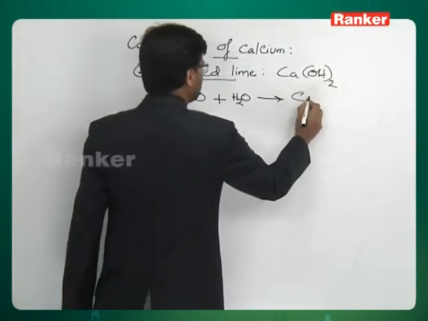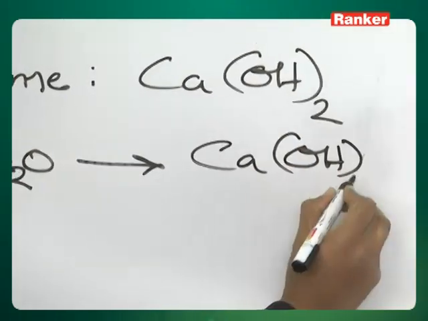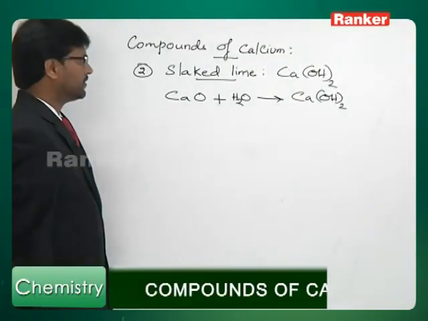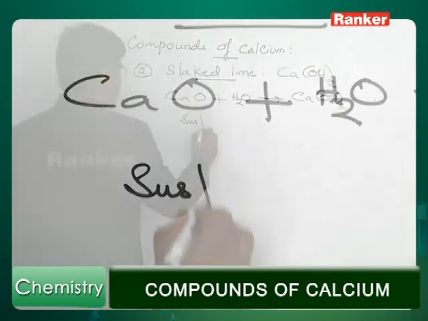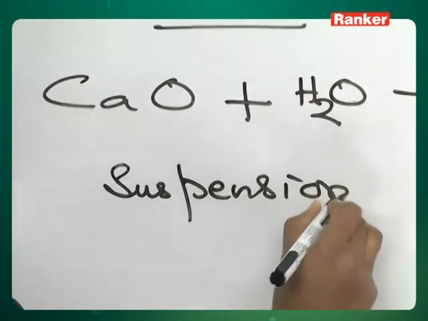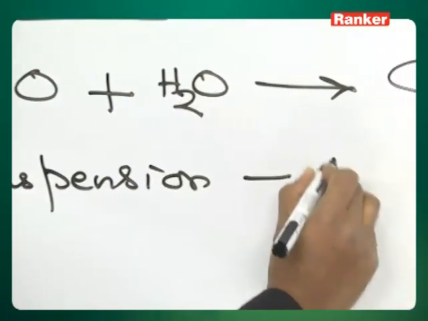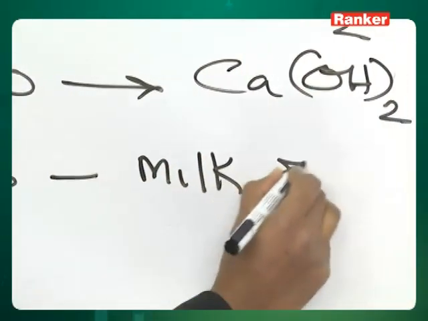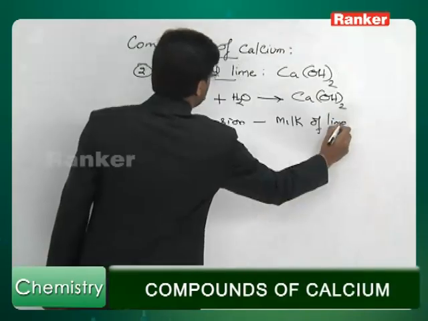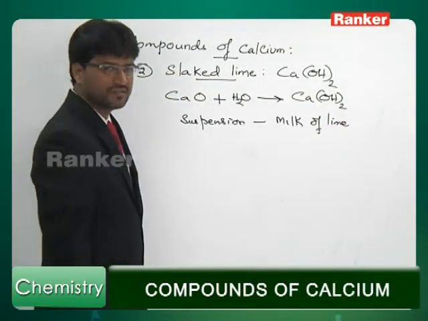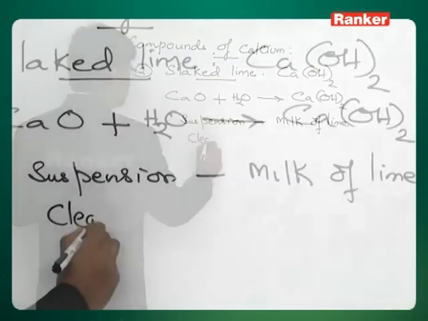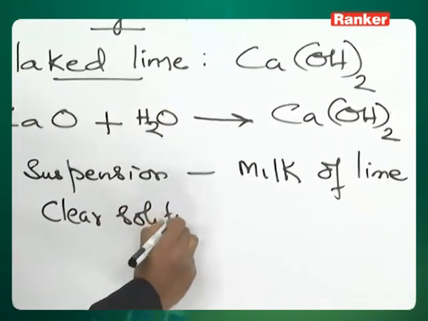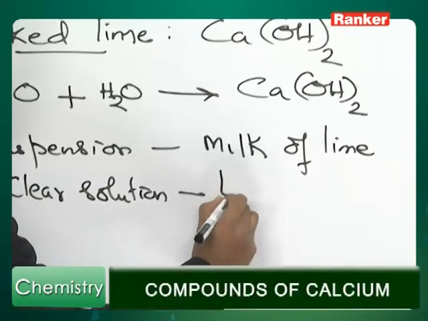You end up with calcium hydroxide. Here you should remember that a suspension of calcium hydroxide is commercially known as milk of lime, and a clear solution of calcium hydroxide is called